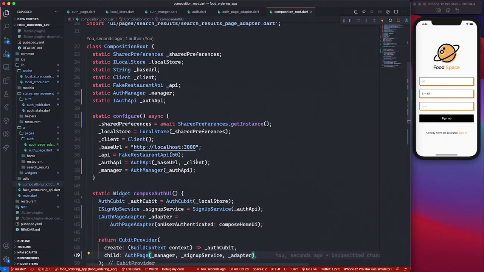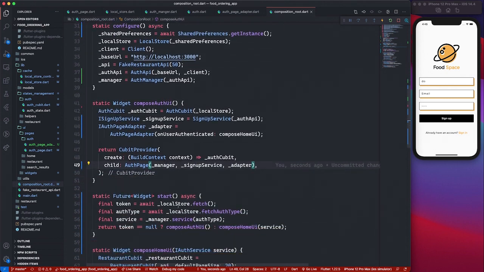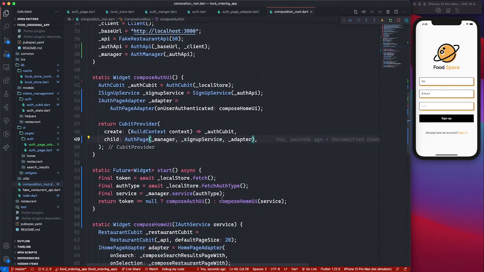So now we have our service coming from the local store and passed to our compose UI,